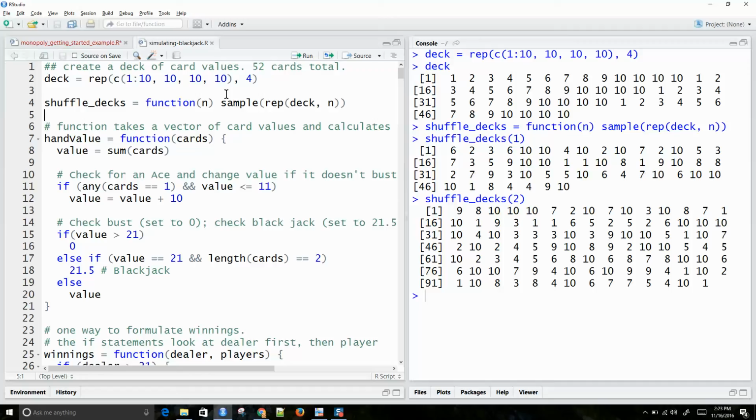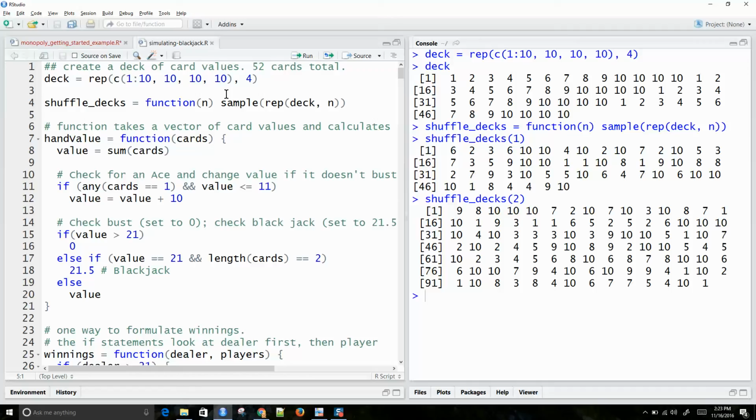We're going to create a function to calculate how much our hands are worth. In blackjack, your hand is just worth the sum of your cards. But there are a couple special rules. If you have an ace, the ace can be worth 1 point or 11 points. That's how the ace 10 is worth 21. In that case, the ace is worth 11, and then you add the